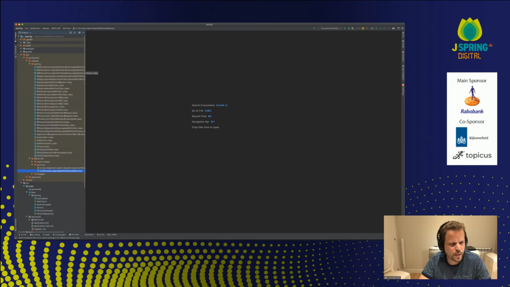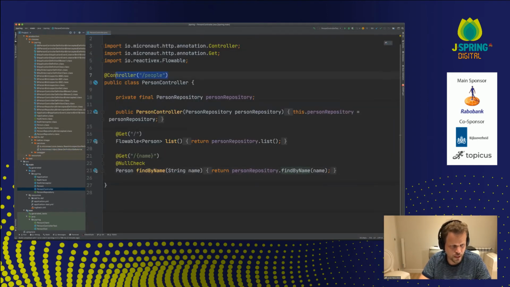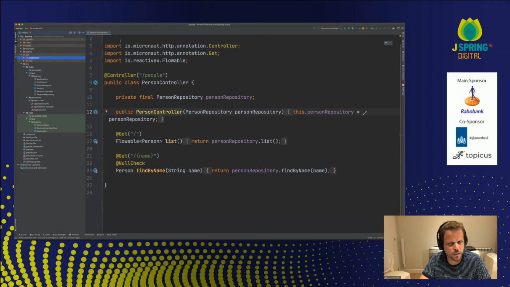And if we look at the compile time produced classes, what Micronaut does is, for every bean that it finds, for example the controller, it generates a compile time computed bean definition. And all these classes that start with $, which are marked as internal classes, are generated by Micronaut, which allow Micronaut to do things like invoke your controller without reflection, or instantiate the bean without reflection, and so forth. So that's essentially how Micronaut works, by producing those additional set of classes.